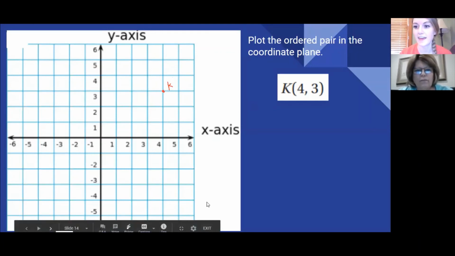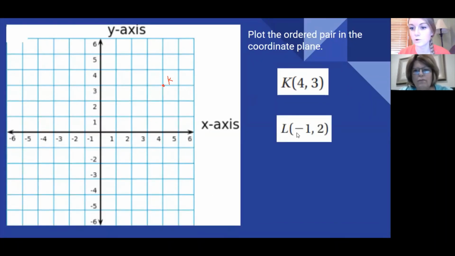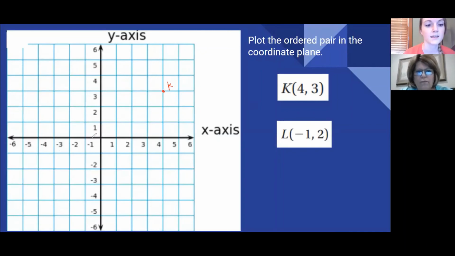All right, we have L, and in parentheses, our ordered pair is -1, 2. All right, X comes first, because X comes first in the alphabet. That's how you can remember it. We're going to go back 1, because the 1 is negative, but the 2 is positive. So then we're going to go up 2, 1, 2, and there's my point right there. Okay, and I'm not done. I got to label it, capital L, and there you go. That's how you plot points.